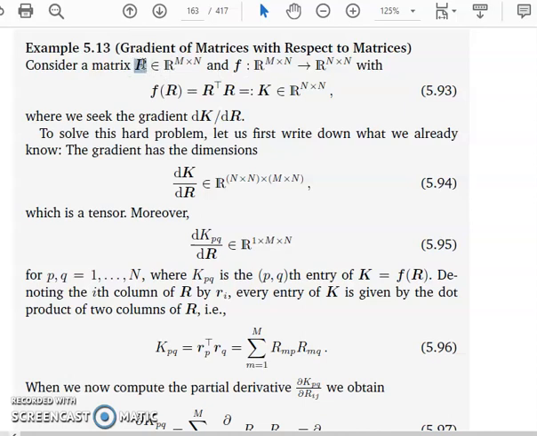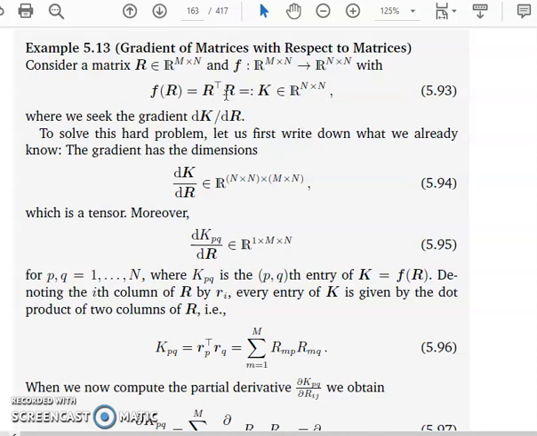Consider here a matrix R which belongs to R^(M by N), and a function mapping from M by N to N by N matrices. The function can be defined as R transpose R, which is equal to K, an element of R^(N by N).